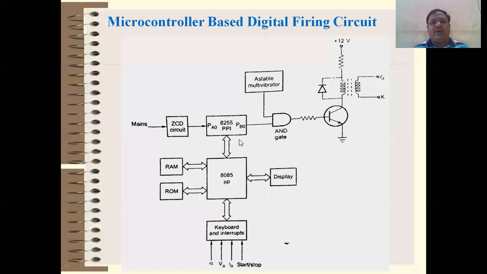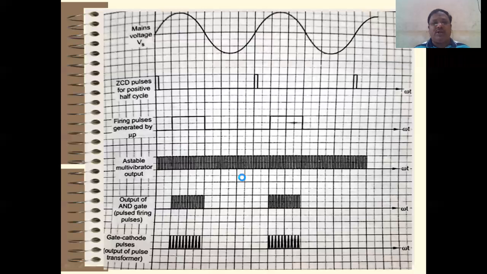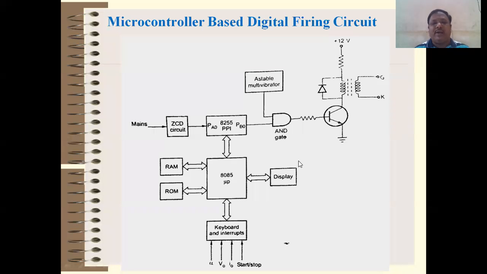Okay, because 8255 is an interfacing circuit. In 8085 there are no input output ports, so we require additional circuitry called 8255, which is a peripheral interface. So this parallel peripheral interface is required in a microprocessor, but not with a microcontroller. That is the advantage of a microcontroller, because a microcontroller itself has input output ports. Or maybe simply interfacing ports, we can say. So it is a small difference.